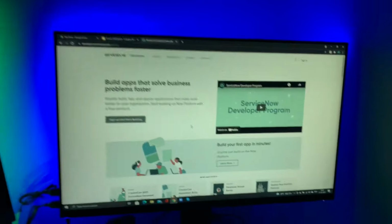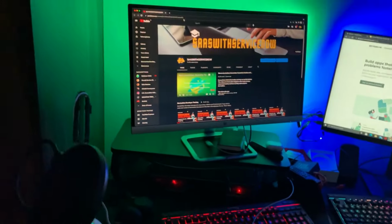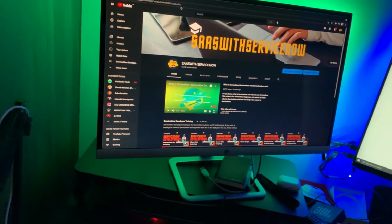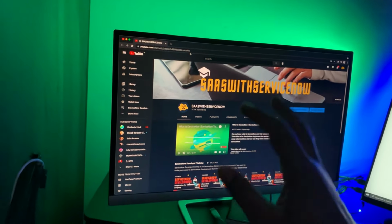Then I have the second screen. Now, the second screen is connected to my Windows computer, which is right here, and it is on a cooling pad. It is a Windows computer, and here I have two machines now. So let me tell you, this particular machine, which is connected to the Mac, is basically used for presentation. All the presentation, all the slides you see in my YouTube videos, are presented from this machine, and